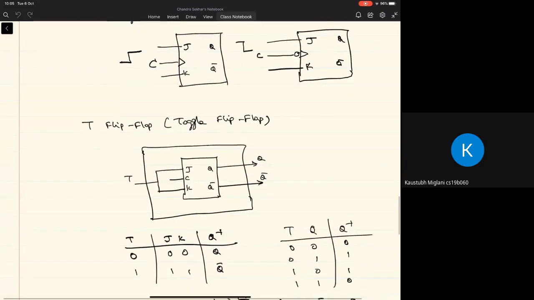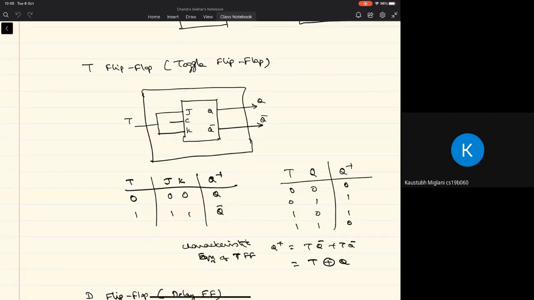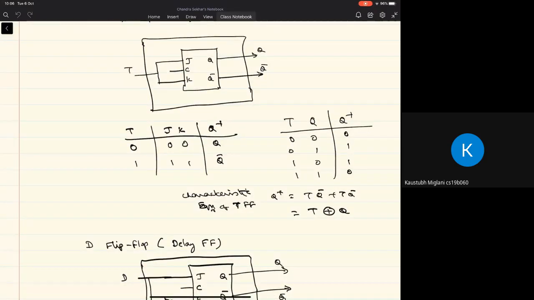One is called the T flip-flop or the toggle flip-flop. And we have seen that when T is 0, the Q plus will be in the same state. Thus, there is no change in the state. When T equal to 1, it complements the state. So the excitation table, again, is derived from this operation of the T flip-flop. And once we get the excitation table, we can get the characteristic equation of the T flip-flop as Q plus is equal to exclusive OR operation on T and Q. And for certain types of circuits, using the T flip-flops can simplify the design of the circuits.